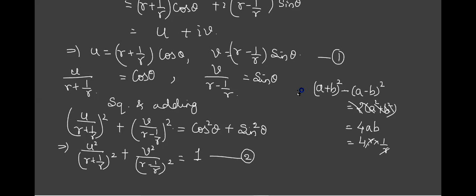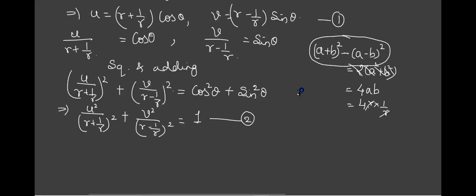So what is the concept to be applied? I have a plus b and I have a minus b. To achieve this, what has to be done? We need to subtract them. For that, I'll rewrite equation 1, because if I keep sine and cos here only, I cannot eliminate r there. So where are cos and sine to be sent from in equation 1? Obviously, to the LHS. So we'll rewrite equation 1.